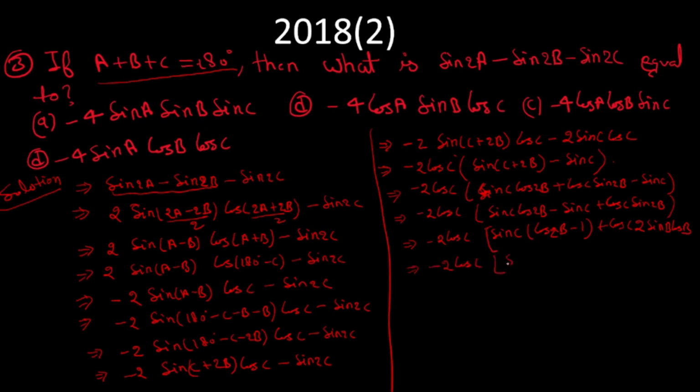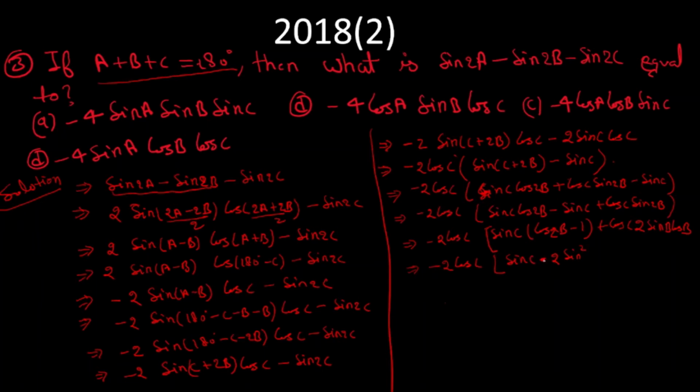Here we got sine c and now I open that formula. What is the formula? 1 minus cos 2b is 2 sine square b. Here it is not minus, so I take minus common here. So I take minus common, and here goes minus. Okay, so when I take minus common and then apply the formula, here we get 2 sine square.